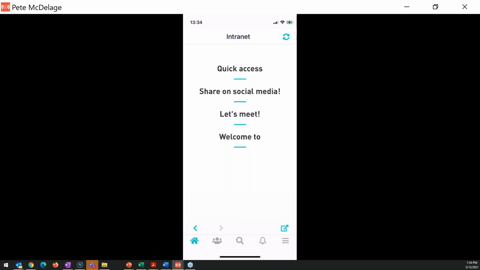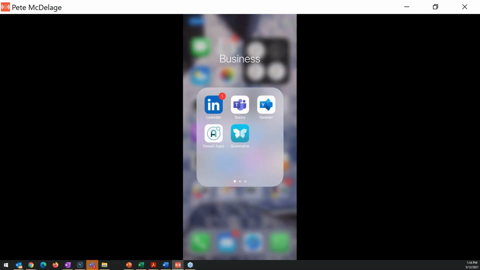What you're able to do here with Pale Apps is, let me just quit this and relaunch it. Sorry, I didn't launch it today. You can decide which sections of your intranet you really want for your mobile experience, which allows you to have only specific parts of your intranet on the mobile.